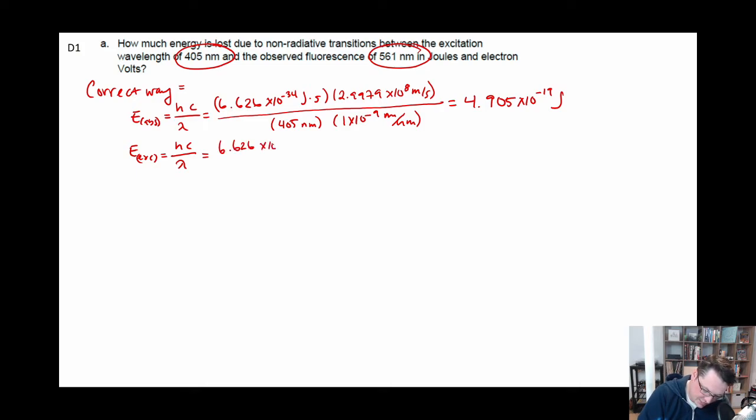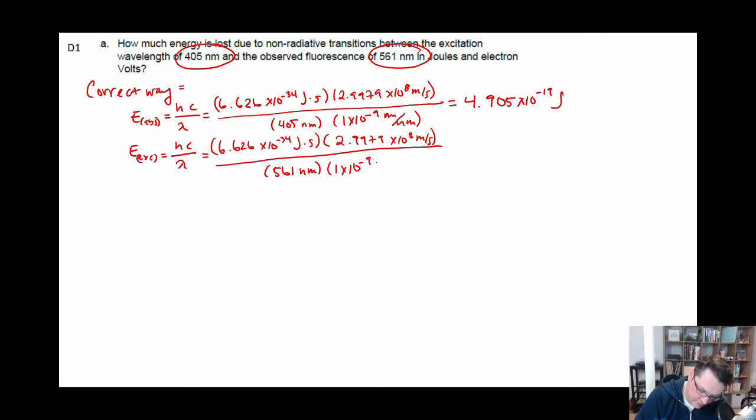6.626 times 10 to the negative 34 joule seconds times 2.9979 times 10 to the 8th meters per second over 561 nanometers times 1 times 10 to the negative 9 meters per nanometer, right? Nanometers cancel, meters cancel, joules stay, seconds cancel. So what we get is